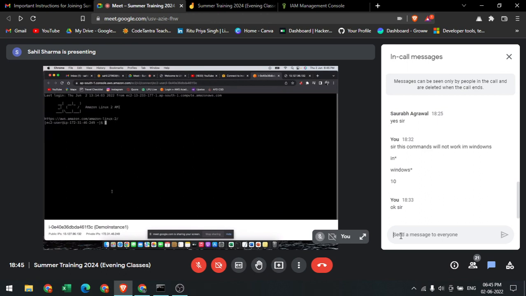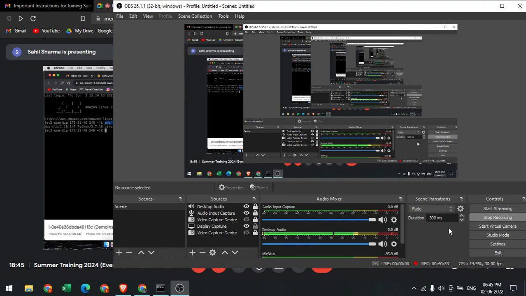The cloud shell commands, you can execute them here as well. Like you can write aws --version. So that means the AWS CLI, the cloud shell that I have shown you in the earlier classes, is working